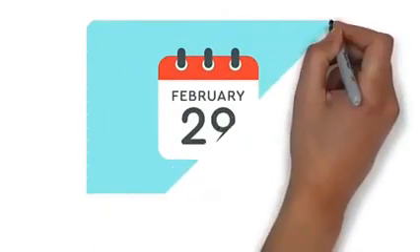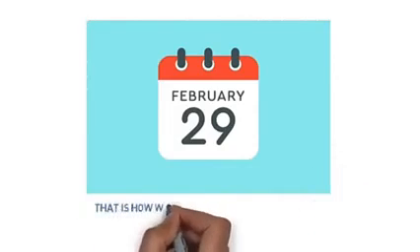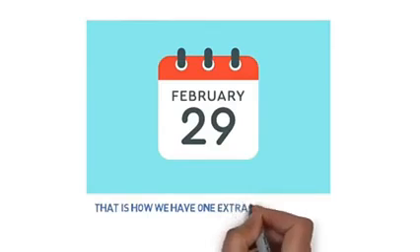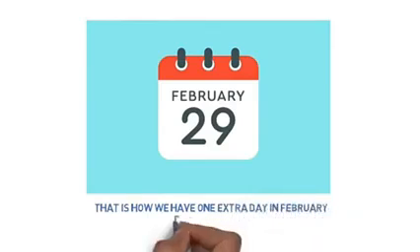And this extra day is added in the month of February, and hence instead of 28 days, in the 4th year we get 29 days. And it becomes a leap year.